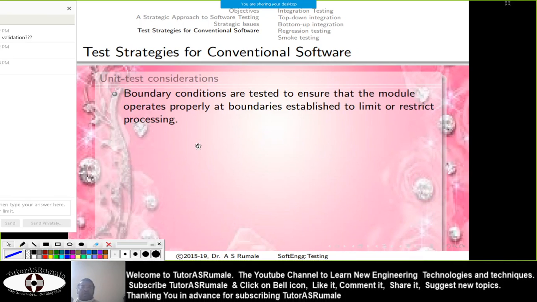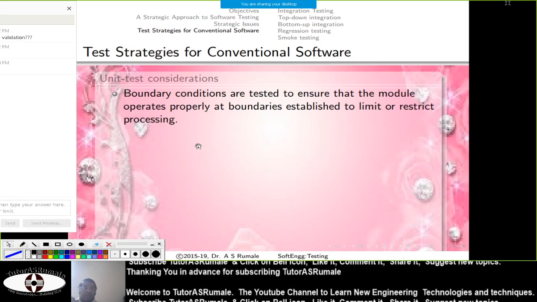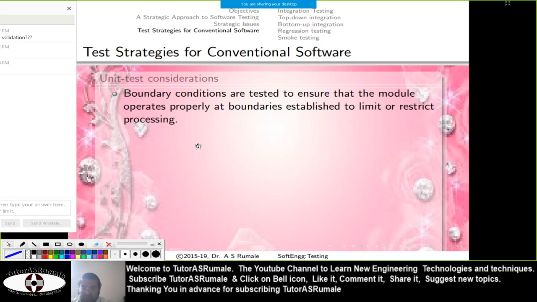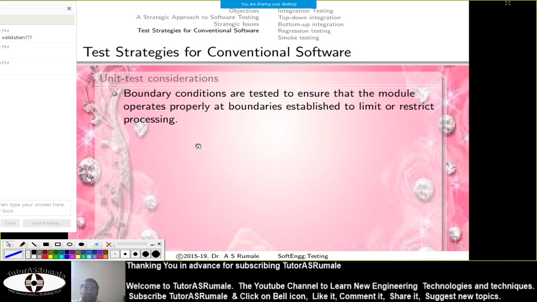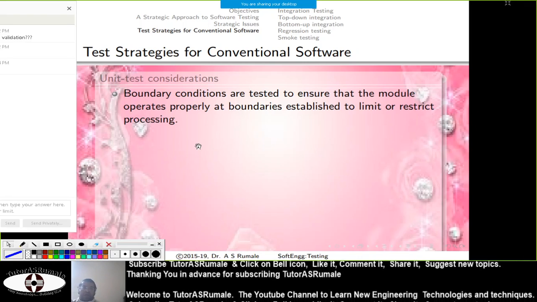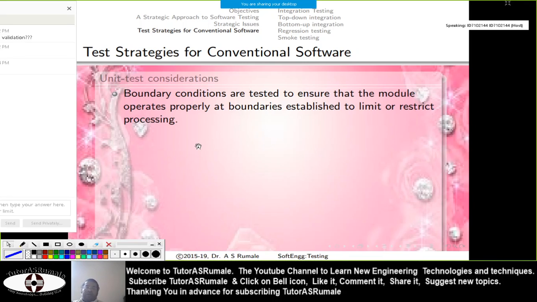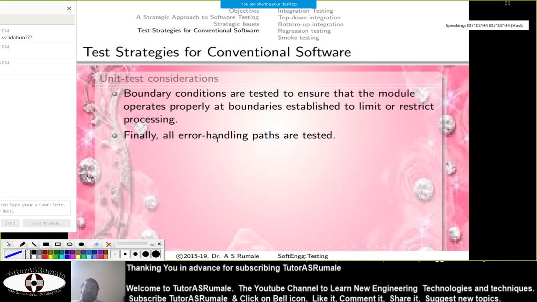So boundary conditions are the conditions that ensure that the module operates properly at boundaries. For example, suppose you created a software, and you want this software to provide access to 50 people. Okay, so only 50 people, the 51st person must not get entered into the system, and that is what we call a boundary condition.